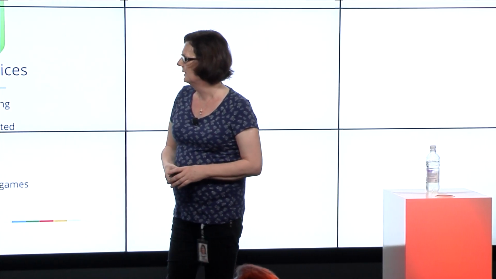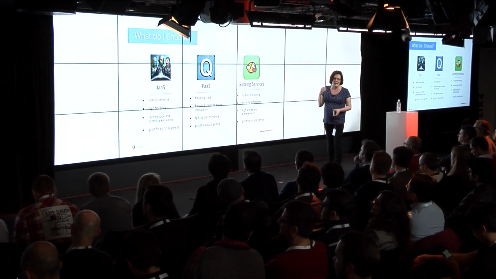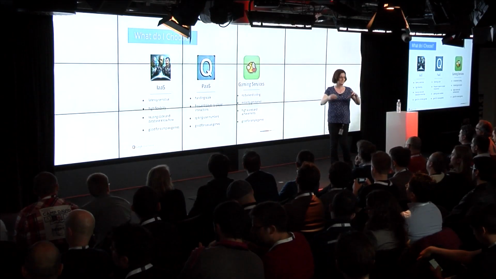So what do you choose? Infrastructure as a service is great. It's particularly suited for applications and games that are latency sensitive, that have a requirement for very low latency. And this particularly comes into play when you have games like Jam with Chrome. Anybody see Jam with Chrome, the Chrome Experiment? Okay, so this effectively allowed users to get together in an application and play instruments together, interactively across the world.